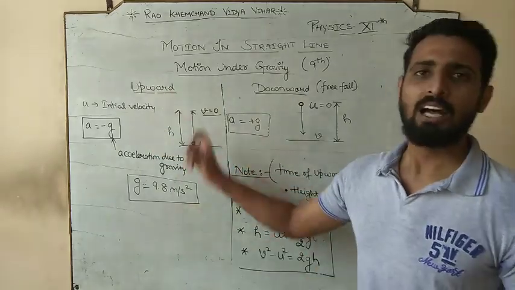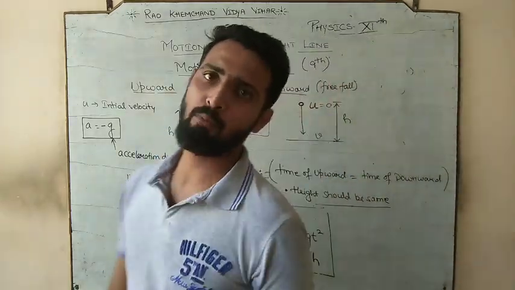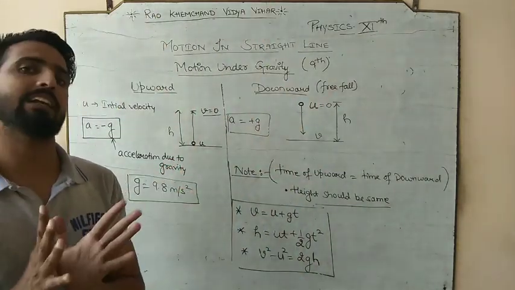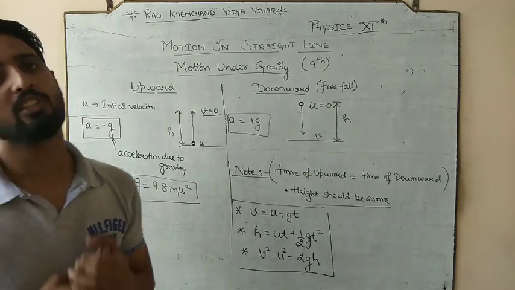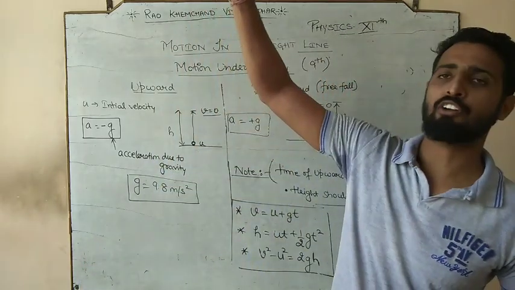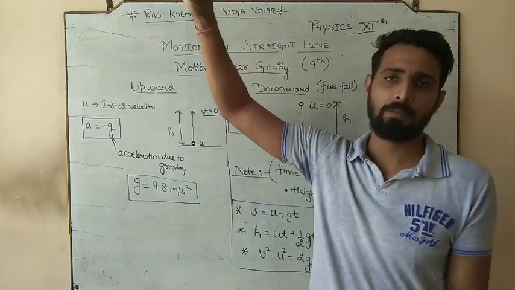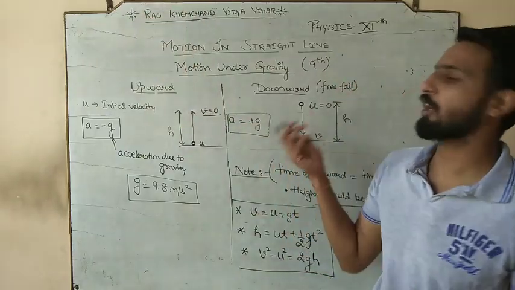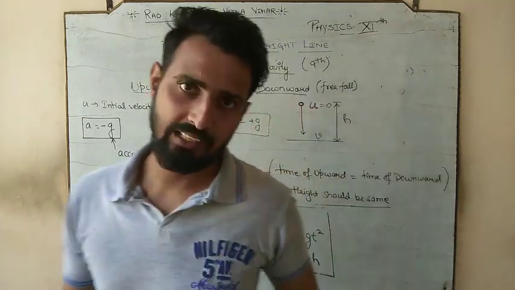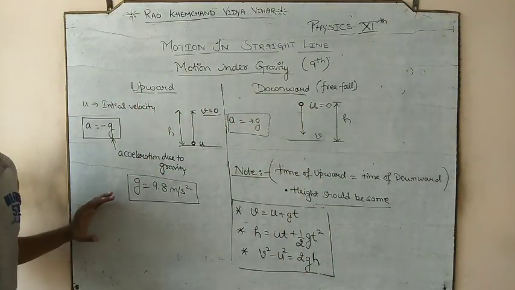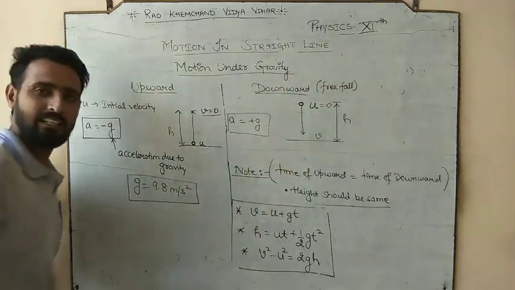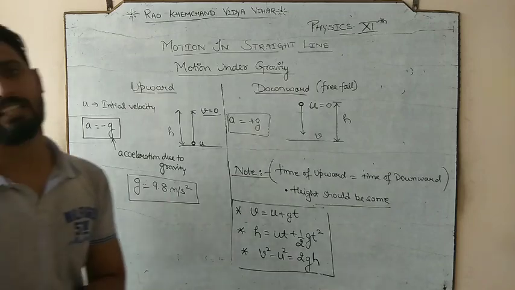When I say upward, I will not give you the final velocity. When I say a body is thrown upward, a ball is thrown vertically upward, I will not tell you the final velocity. That is your common sense, which you must keep clear beforehand. When I say a ball is thrown in free fall from that much height, the ball is in free fall. So the free fall means initial velocity should be 0 and acceleration should be taken as plus g because it is free falling. So these are the relevant points for the motion under gravity, and I hope it was mostly ninth class. So everything we have discussed was in the ninth class.